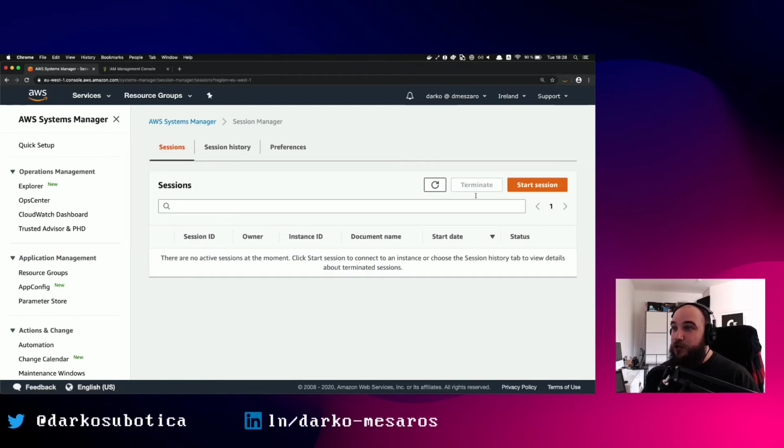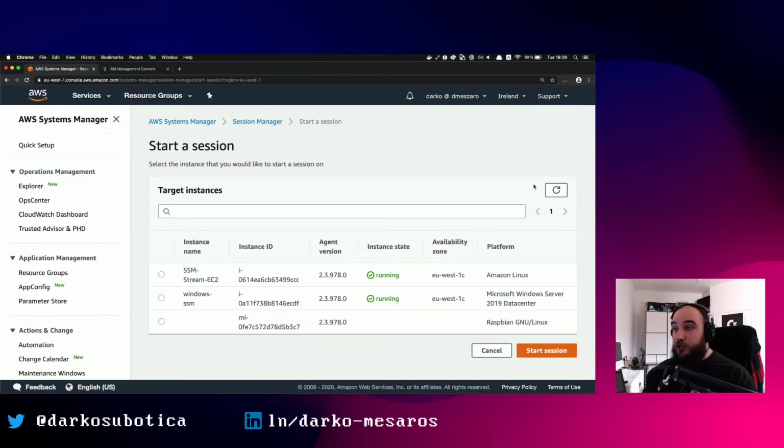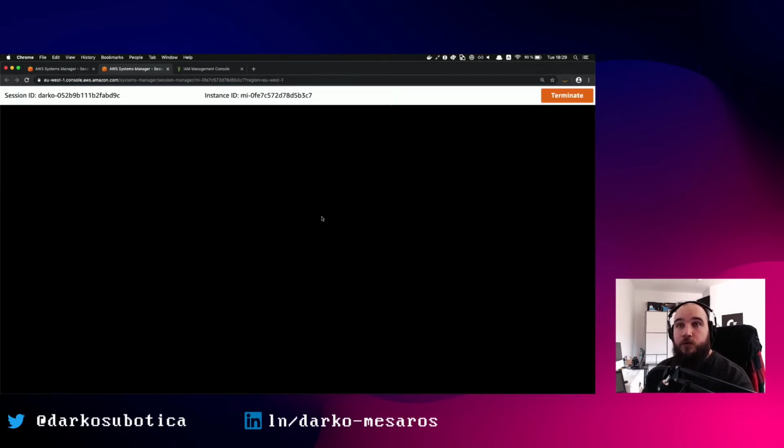Another thing which is really cool, let me show you this. Session Manager, for those of you who do not know, is a feature from Systems Manager that allows you to start sessions, or basically SSH into instances using Systems Manager. So it uses the Systems Manager agent to communicate over SSL, over port 443, to kind of emulate an SSH connection. So if I would start a session with this thing, right,